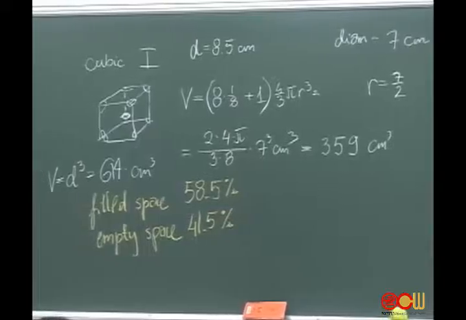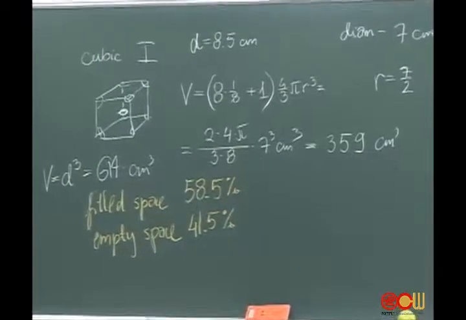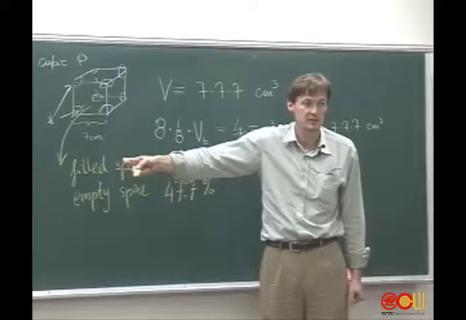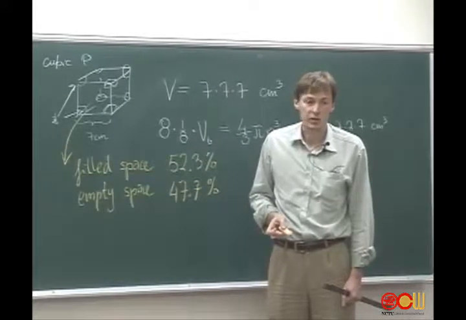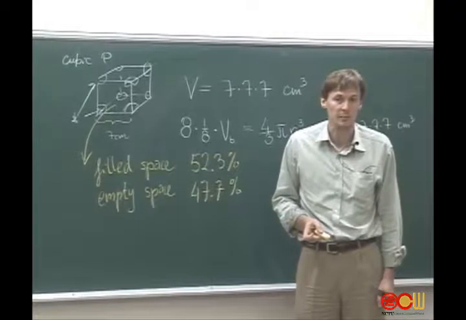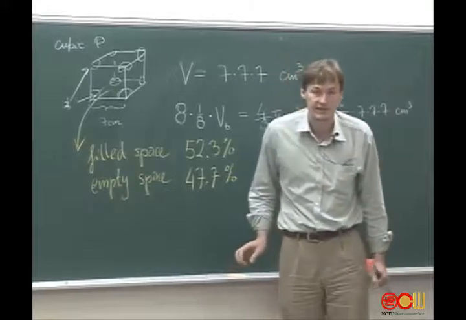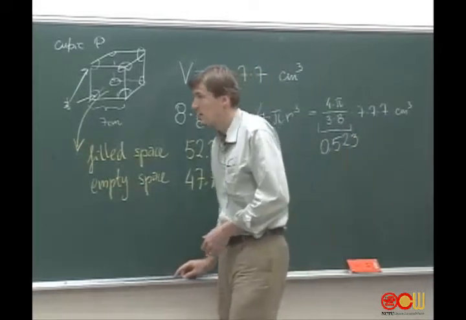Okay, so comparing these two results, this one has a lot of empty space. This one has much less empty space. So there is a question: which structure has the smallest amount of empty space? And it turns out that the structure with the smallest amount of empty space is the